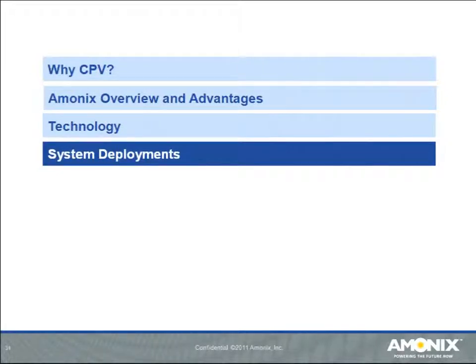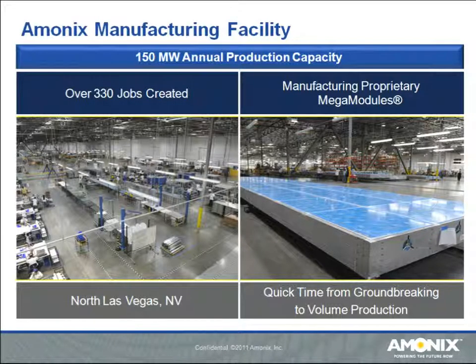This is about the system deployment. What I'm showing you over here is we built a factory in North Las Vegas, where we recently created more than 300 jobs. We started that one in January of this year, and now it is at the rate of producing 80 megawatts, and by the end of the year we're going to 150 megawatts of production. As you see, it's a huge factory, about 220,000 square feet, and